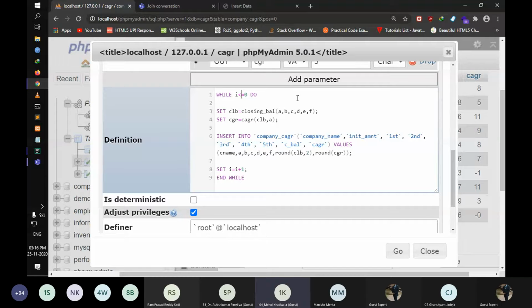Actually, we didn't require the while condition. We could do without writing it. We are using the insert keyword, but first of all we mentioned the two variables, CLB and CAGR. There are functions that we specify separately, and we use these functions with the set keywords, and this CLB and CAGR we are using in this insert query.